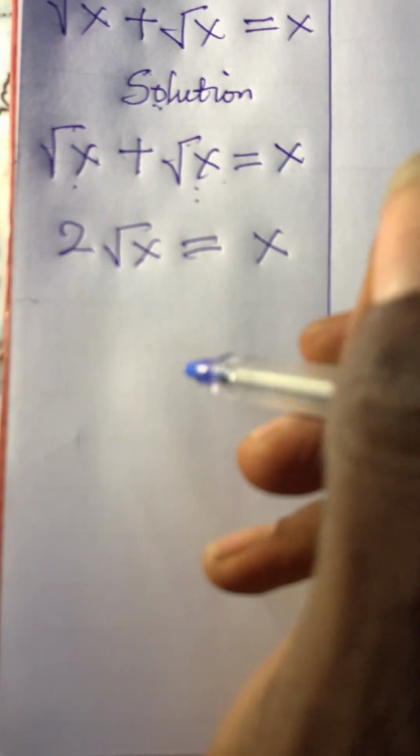Here we are required to solve for x in root x plus root x equals x. According to operations with surds, root x plus root x will give you 2 root x, and you bring down this sign. We are going to divide both sides by 2. If you divide here by 2, 2 will cancel 2, and you see that root x is now equal to